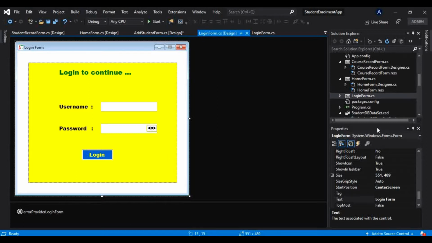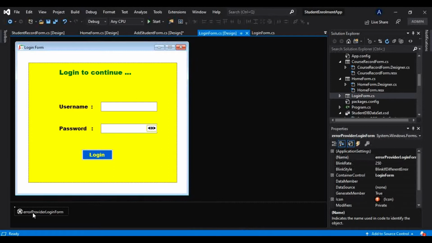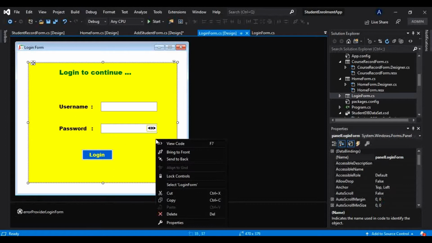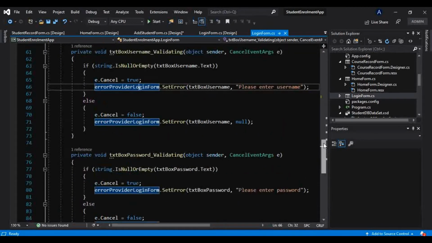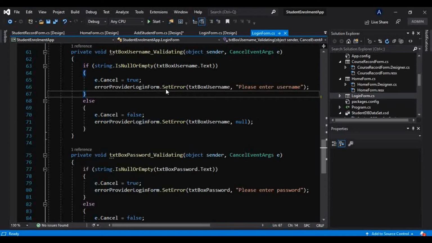Now I have done this change, and as well you will notice here only one error provider. Before, I had used two error providers, one each for username and password, but there is no need to use separate error providers. Why? If I go to view code here by right clicking, you will notice I have used only this single error provider. Error provider will be single for the single form, and we have to set error, and in that we pass different controls for which we want the error to be generated by the error provider.